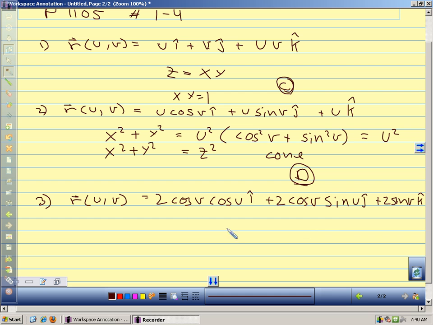All right, so we have these sines and cosines, and we just have a sine here on the k component. So let's square the x and y. X squared plus y squared, we get 4 cosine squared v times sine squared v, and z squared equals 4 sine squared v. So x squared plus y squared plus z squared